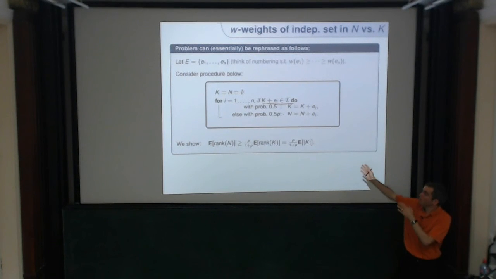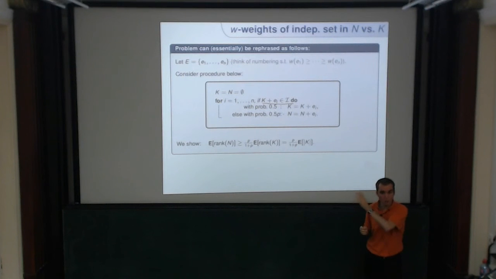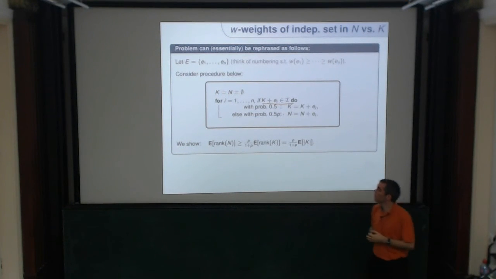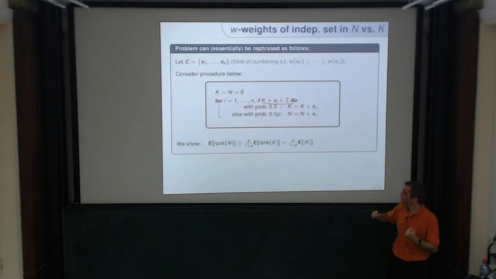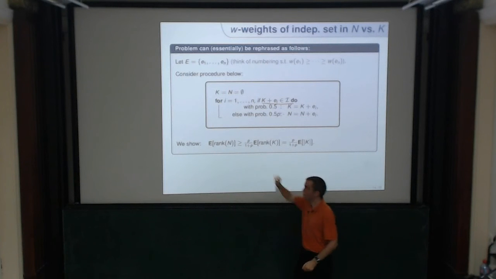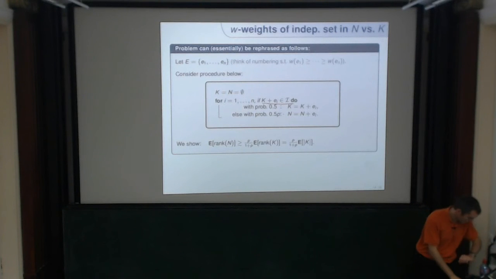It turns out that if you can show that something has a large rank, very often you can use that to show that it has a large weight, because you can do some kind of prefix analysis. You can order the elements with respect to the weights, and then invoke this result for any prefix. That's a typical strategy in matroid optimization. So, you can think of P equal to 1 for the time being. Let's fix P equal to 1 still. In that procedure, we can show that the rank of the set N is comparable to the rank of K. If P is equal to 1, it's in expectation half of the rank of K, at least, maybe even larger than that. That's another ingredient we had to prove.